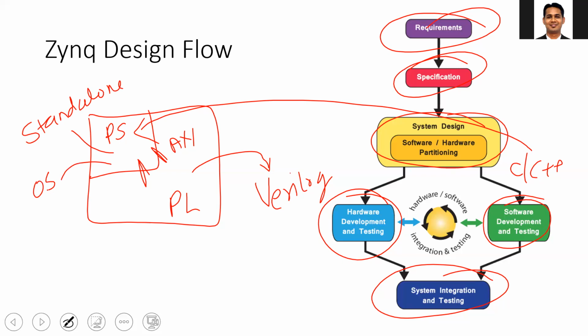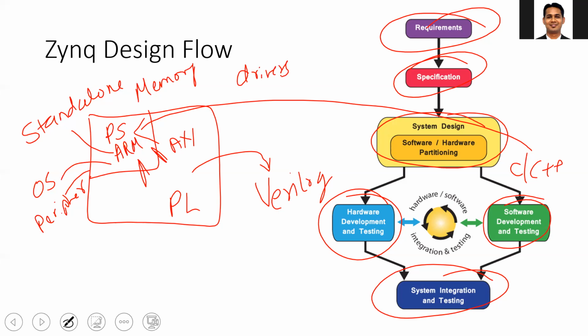Now, as we discussed before, in the PS you have the ARM processor and you have the memory connected to the ARM processor. Similarly, you also have different peripherals like UART, Ethernet, and so on. For the ARM processor to communicate with the memory and the peripherals, you need drivers.